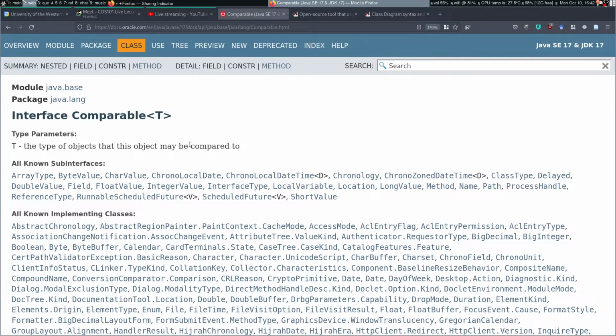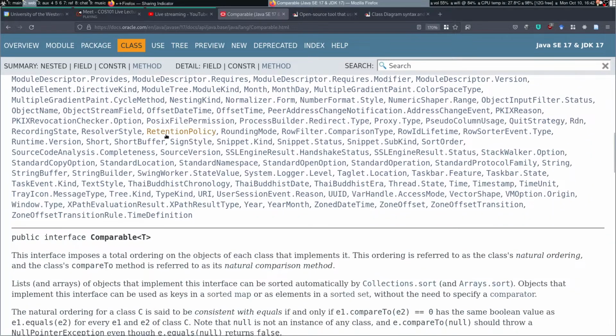So the comparable interface, right? When we write an interface and we write the methods in that interface, whenever we give a method a parameter or an argument, we have to specify the type. However, now we want to write a template for the comparable interface and say, whatever type it is, fill it in here, right? So you can see when we scroll down,